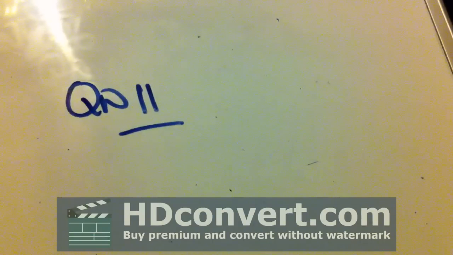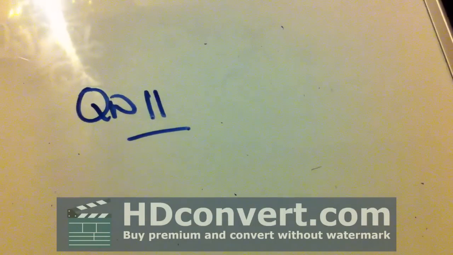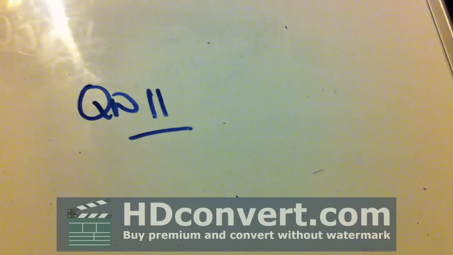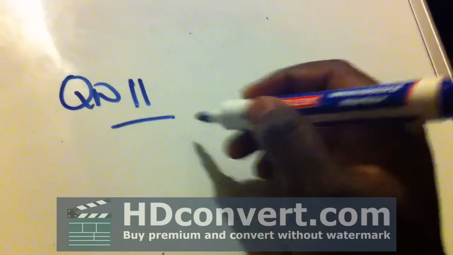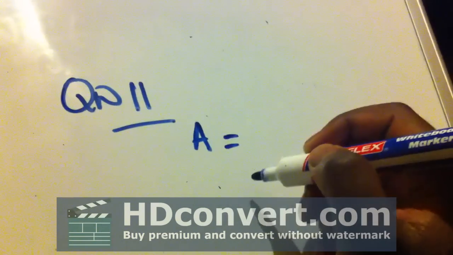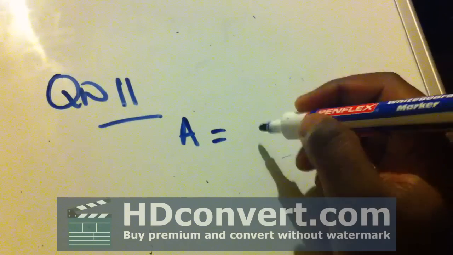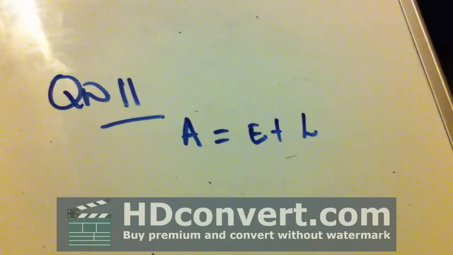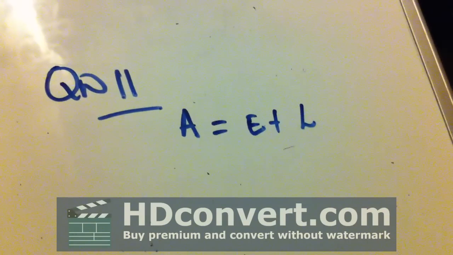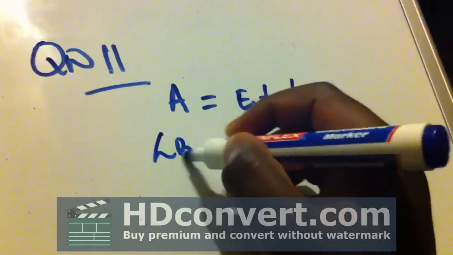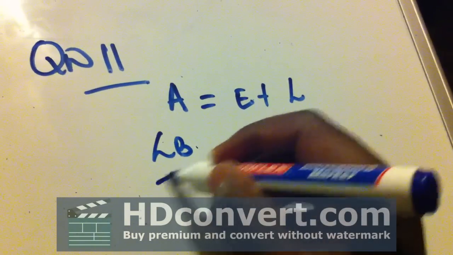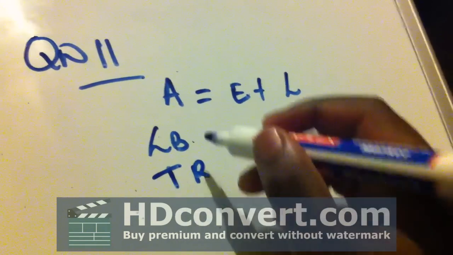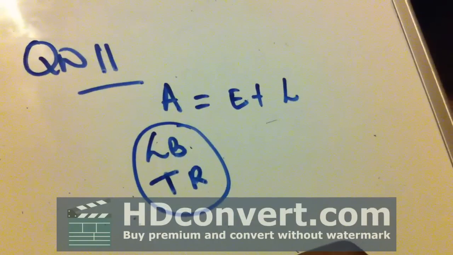Question 11 is the same principle, but now you are determining equity. So if you determine equity, you use the principle of the accounting equation. Assets equals equity plus liabilities. Then you are going to group your assets, which is land and building, trade receivables. So you take the totals of